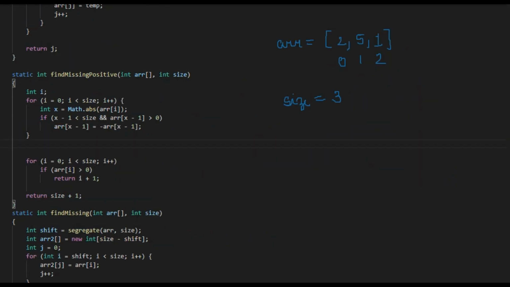Now this is the function that we were returning at the end. So let's see what it is. We have this array now and its size is 3. So this is the function. That was the tricky part we discussed before as well. What happens is we go to every element and we see if the index equal to the value of this element is present in the array or not. If it is present, we will go to that index and mark the value as negative at that index. This we have already discussed.